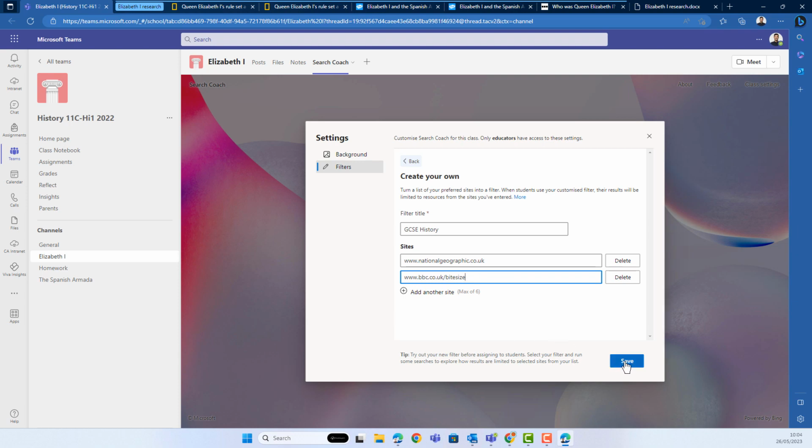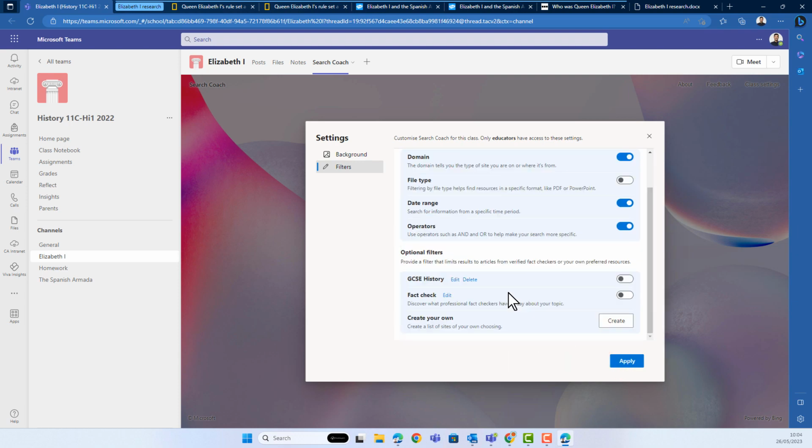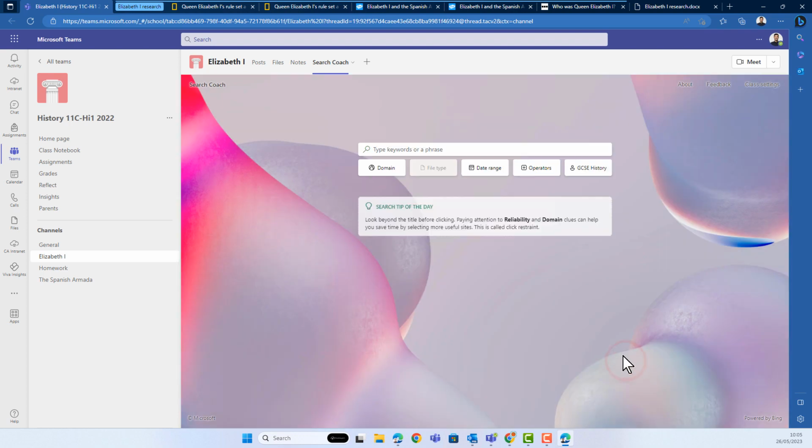So if I save that, what that will do is provide an additional filter for my students who may be struggling with the wealth of information they're kind of bringing up in their search. So they can use this filter to put their search on rails essentially, and that might be really useful for some students. So I'll switch this toggle on, click apply, and you'll see there's a new filter on the end. So if I search again,